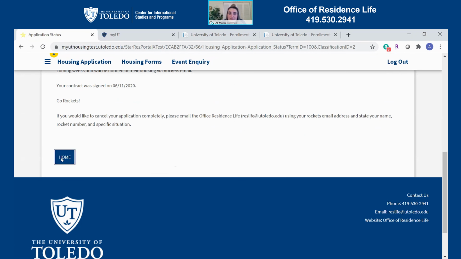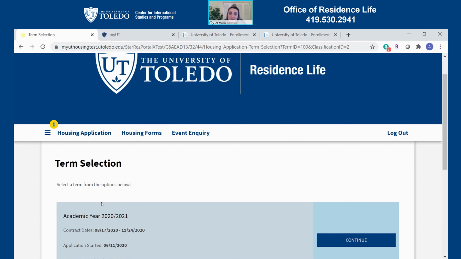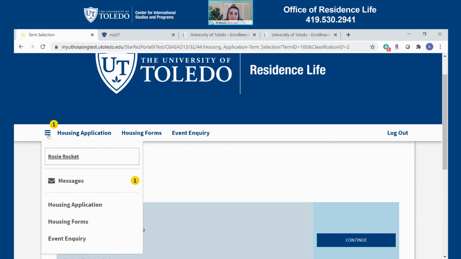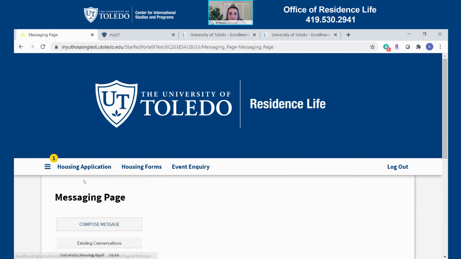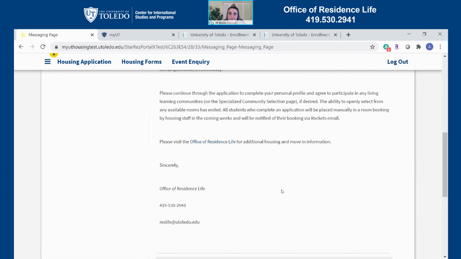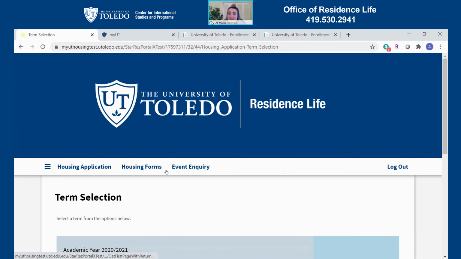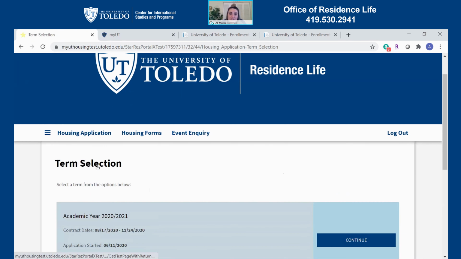So now that we're complete here, we can click Home, and this will take us right back to where we started. So this is just a message here saying that we've completed. It's letting us know that we've completed our application and what the next steps are. If at any time you want to go back and edit, you can click on the housing application again, click Continue,